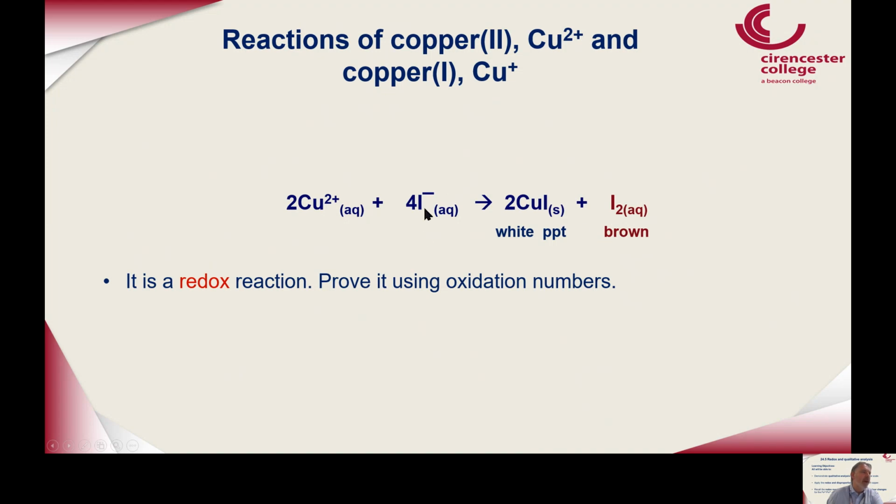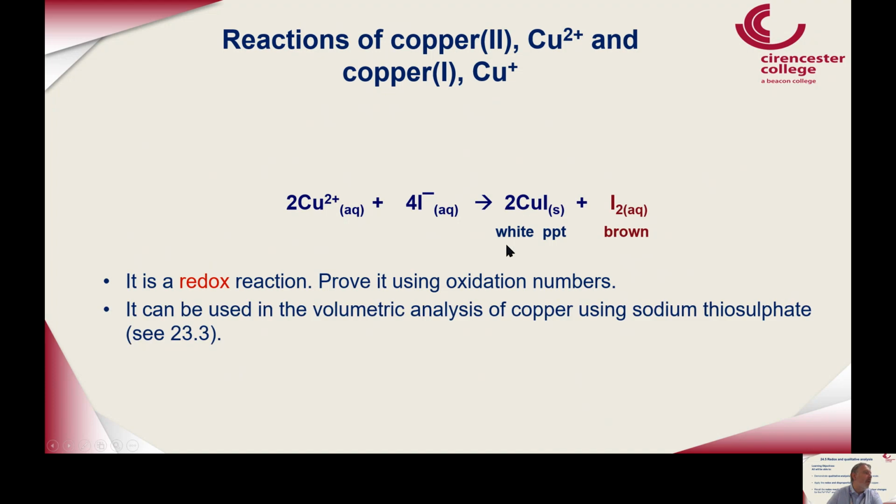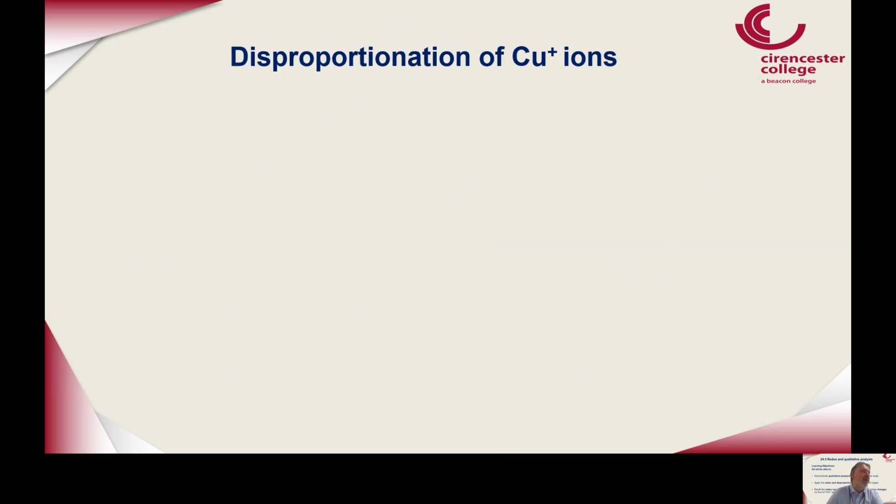So it has been oxidized. Iodide's gone from -1 to 0, and the copper has been reduced from +2 to +1. Okay, so we can use it with thiosulfate. Now that's the back titration, so that again is synoptic. You need to go back to 23.3 to see that. Okay, and then we can use that to